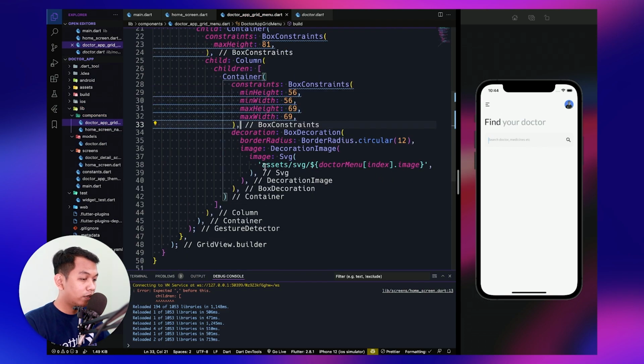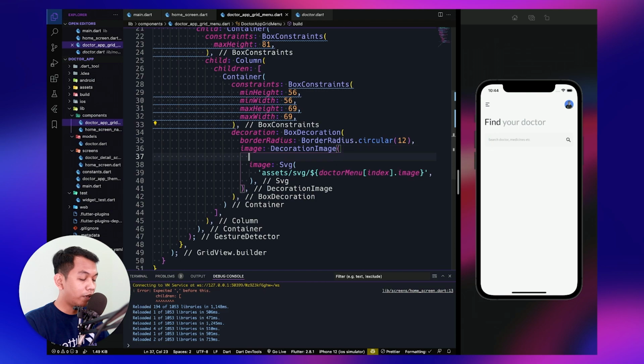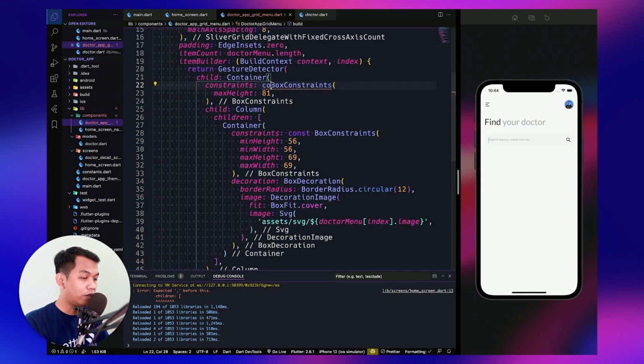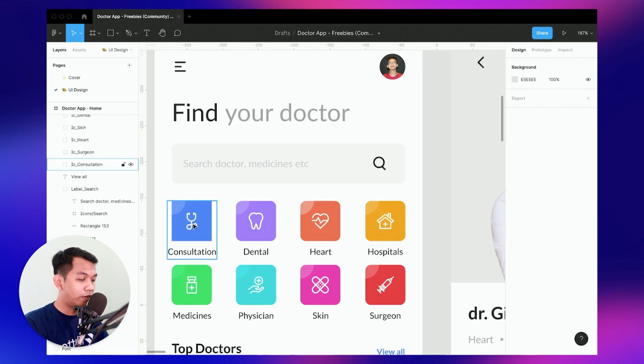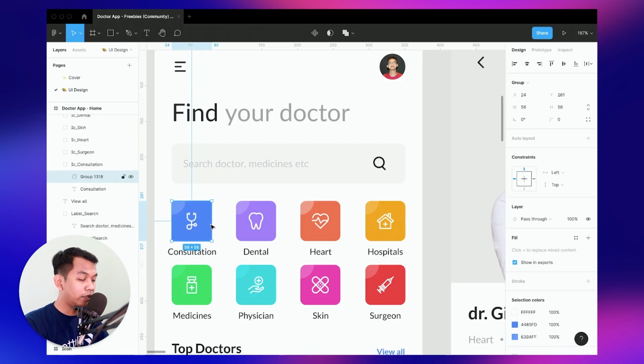And inside our decoration image, we say fit, and for the value box fit dot cover. And here we can add const, and also here. And below our container, which we have created for our image, below that we have text.